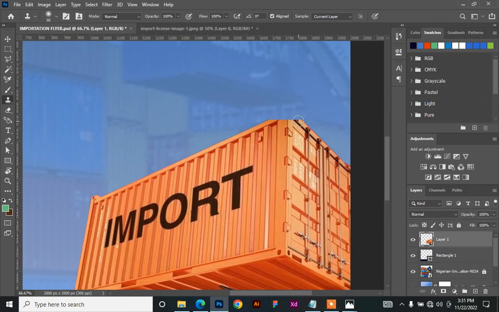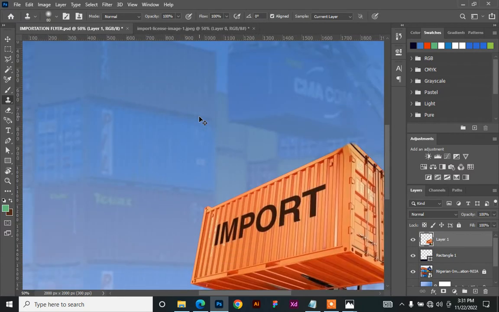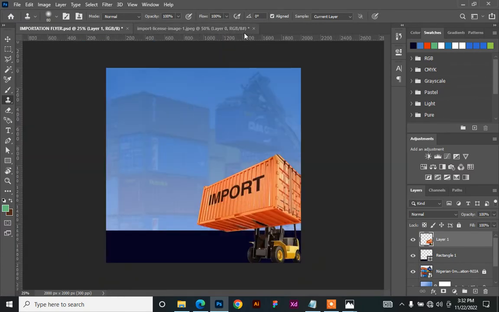So maybe to select this, I'll alt and then I'll click. I want to copy this place, and then I want it to go all the way like this, right? And then same thing here, I'll click, click, click, click. Yeah, something like this. You can just play around with the tools and it will give you a perfect edge. Alright, so I want my picture there, and then now I'll go ahead